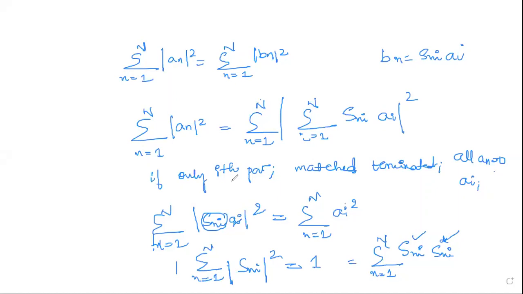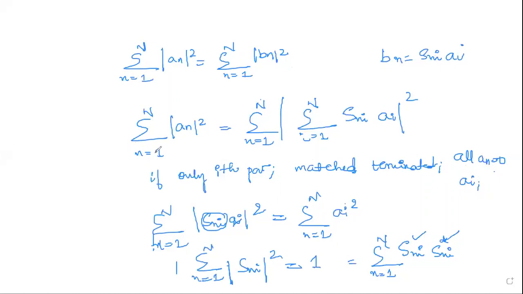Once more I'll tell you. First, you take the equation for Bn and substitute it. If you substitute, the ith term comes into effect, so you have to consider only the ith port. If you're considering only the ith port, matched terminating all the other ports, all the values of An will be equal to 0. So you'll have only the equations related to Ai.